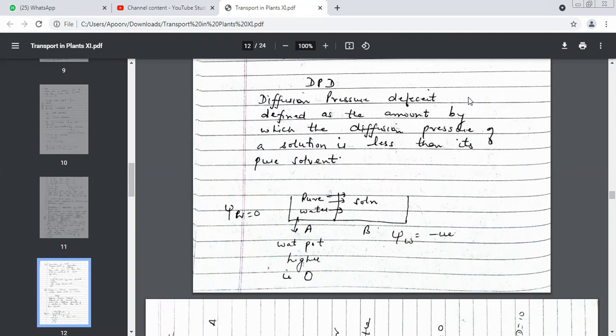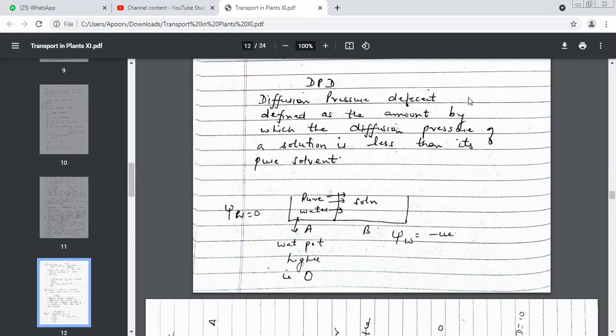In a pure solvent. Let us take water, pure solvent. In the second case, I've dissolved salt in water. So a solution is made. So I have water also, I have solution also. Pure solvent also, solution also. Pressure would be higher where? Water or salt solution? Water. That means pressure is always higher in pure solvent or solutions? Pure solvent.